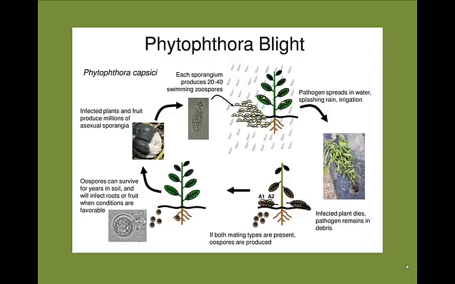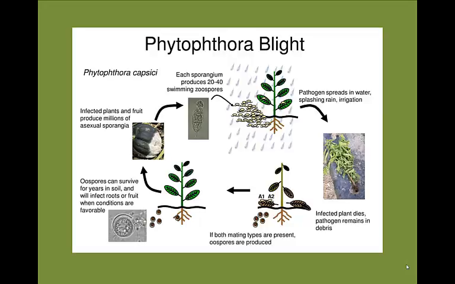Phytophthora is the genus of pathogens that cause root rot in plants. They are soil-inhabiting pathogens that were once thought of as fungi, but are today considered to be a separate classification called oomycetes. To begin the explanation of their life cycle, as demonstrated by this illustration of the species Phytophthora capsici,